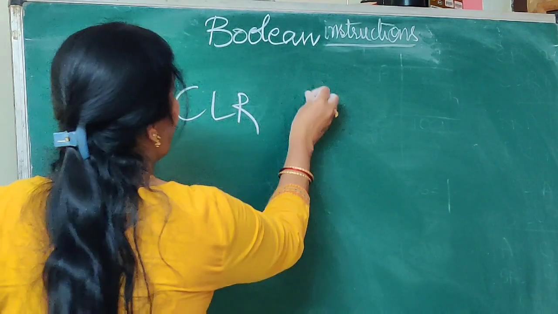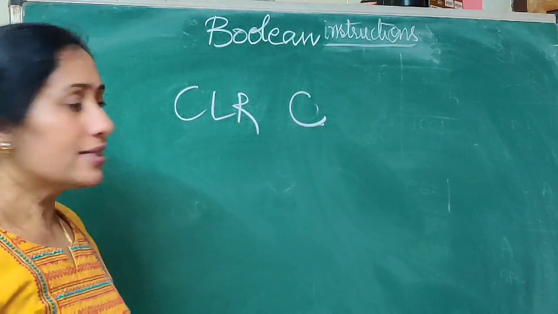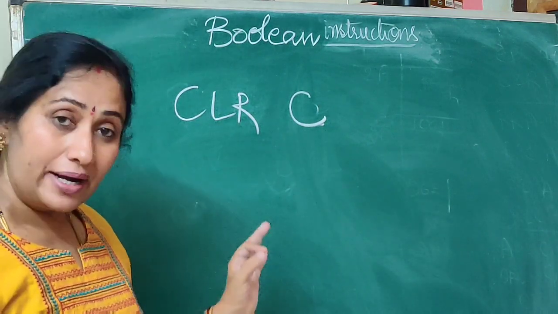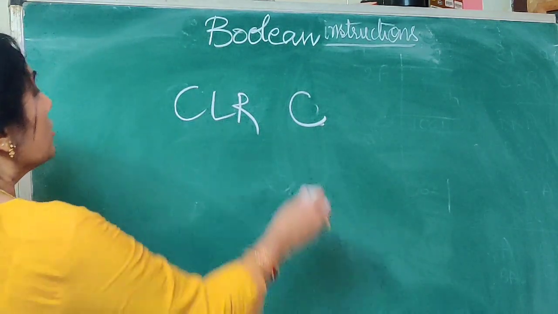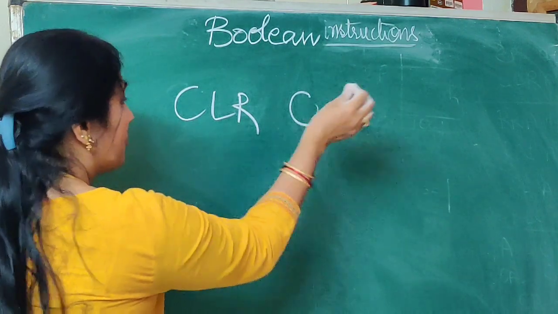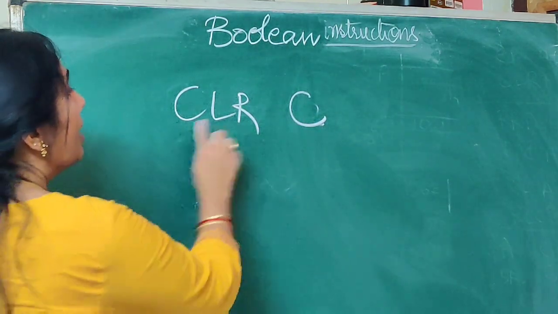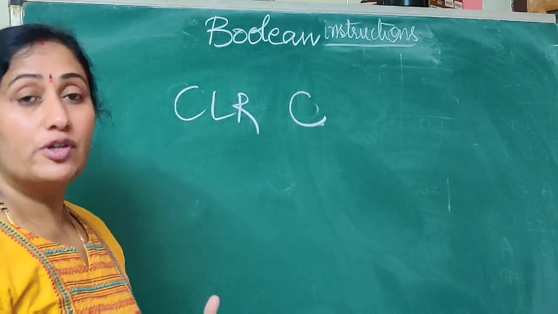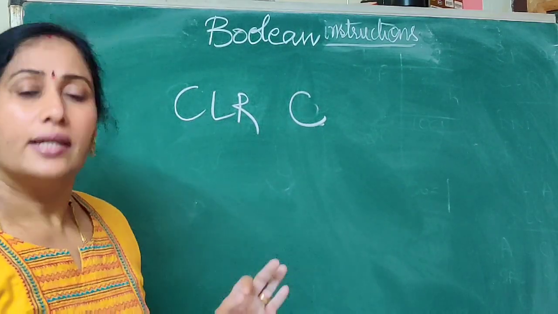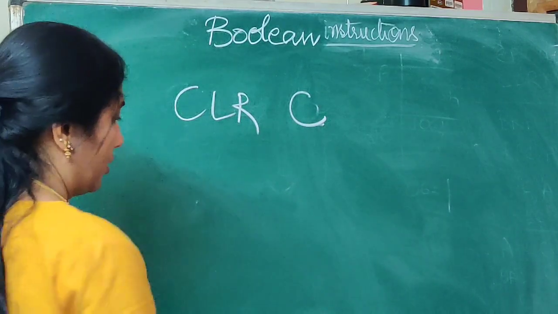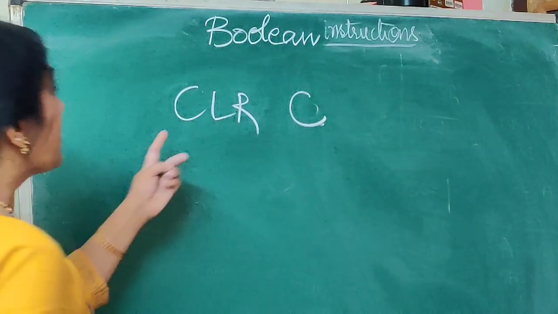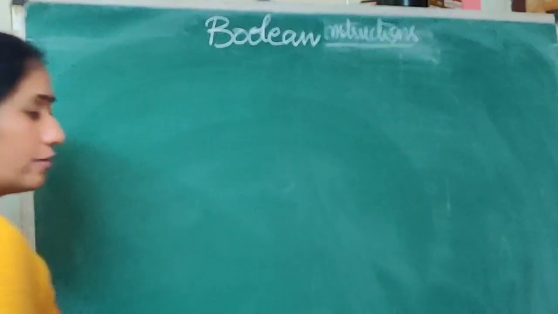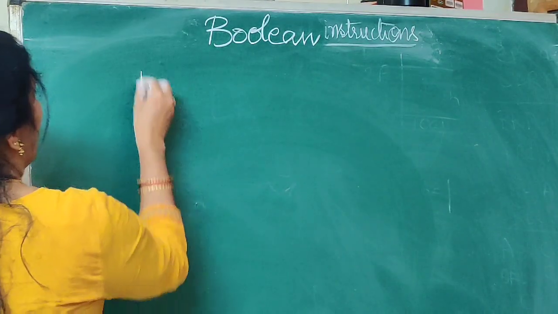Similarly, instead of this I can have clear C. And the carry flag content will be made equal to 0, right? So this particular type of the addressing mode is register addressing mode. Length of the instruction is going to be 1 byte. Which particular flag is going to get affected? The carry flag is going to get affected. So this is going to be the clear C. We'll move on to the next one.